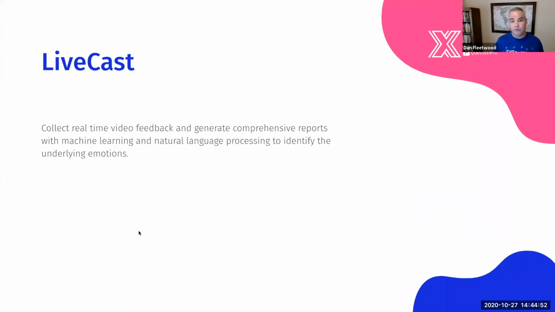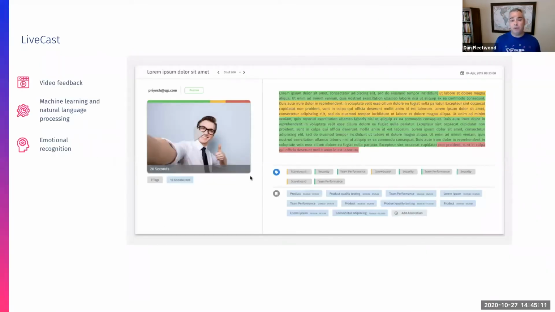And then Livecast, Viv mentioned this earlier. Livecast is definitely a good research feature that we're excited about, and that you can get those quick studies. It definitely allows for easier mobile diary studies, even to have this question inside of a survey and get that feedback where the person is taking a video of themselves. You're able to get that transcribed, and then you're able to get the different categories, the sentiment around each of these different categories,